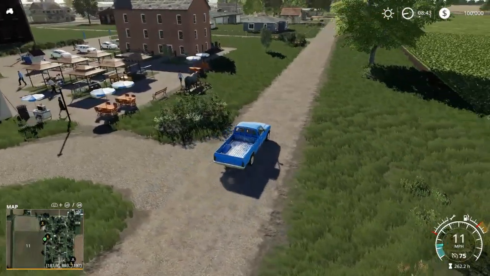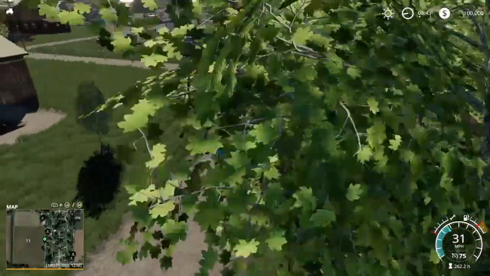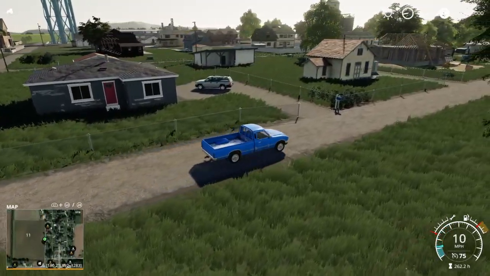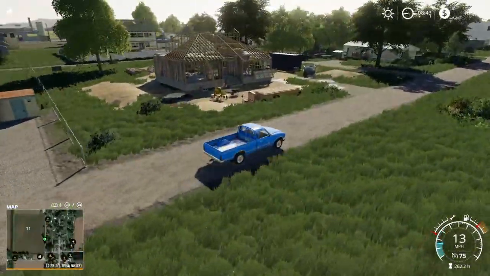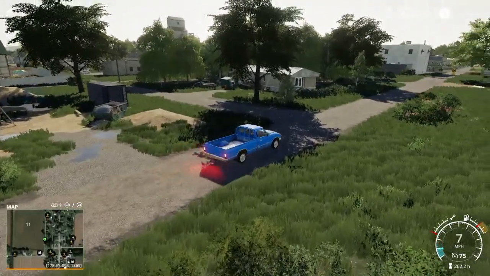So if you want chickens, you've got your chickens there at the main farm. You can go and sell all the eggs. But as you see, there's a ton of houses all through here. Apparently, Griffin, Indiana is a little small town of about 150 people. And they've got a little bit of construction, little new houses going in. But they also have some